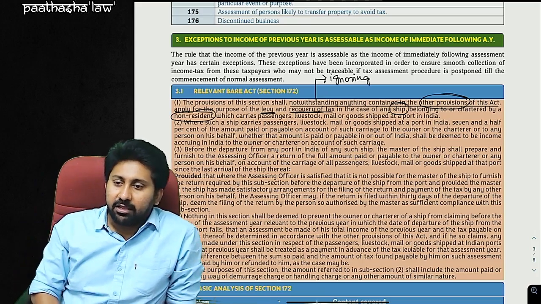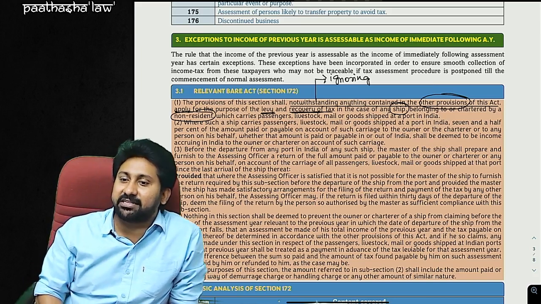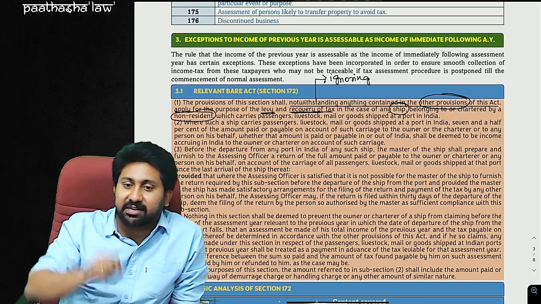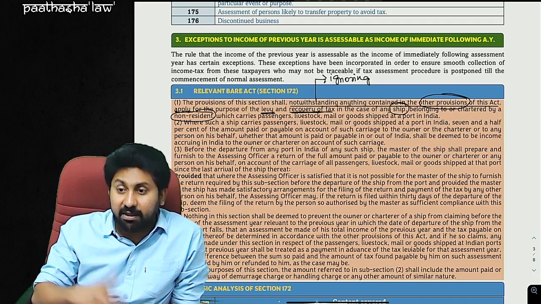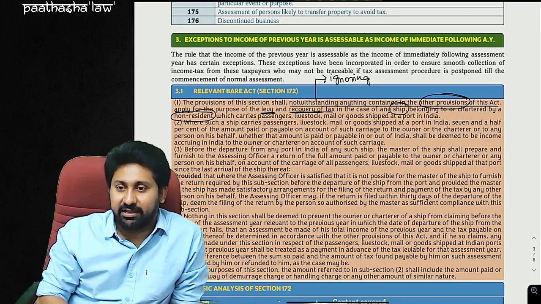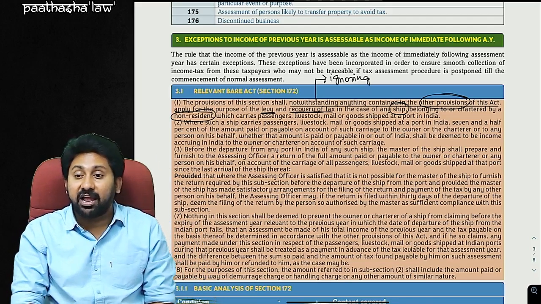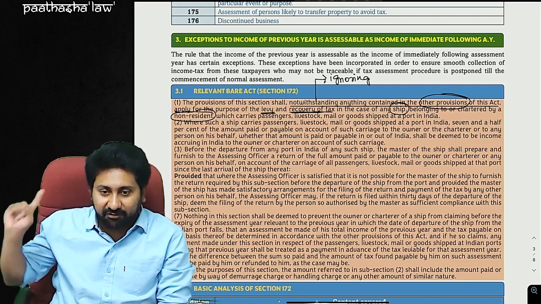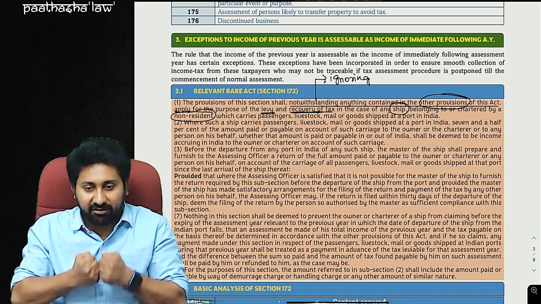For example, if the property is my property, seizing it makes common sense. But I am carrying goods belonging to some other person. If you stop it, their goods may deteriorate or be subjected to speedy decay. They may be perishable goods I am carrying. Passengers and livestock, if you stop them, they will die inside. Therefore, I am in a sensitive situation where I can't stop the ship and I can't even postpone taking the tax on the revenue that he is collecting, because he is charging freight from them and getting income in the form of freight.